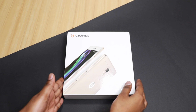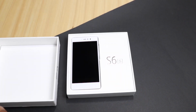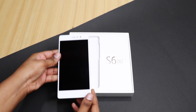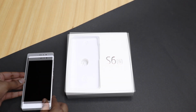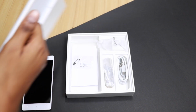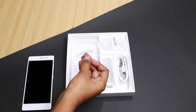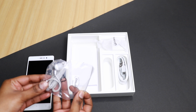The phone ships in a very standard looking square box, and when you take off the lid, you get access to the handset itself, which is a pretty nice looking phone, I must say. Then you can take off the tray which the smartphone rests upon and you find a bunch of things. There's a SIM ejection tool right here. You get a pair of in-ear headphones,